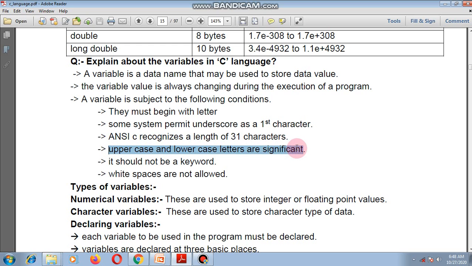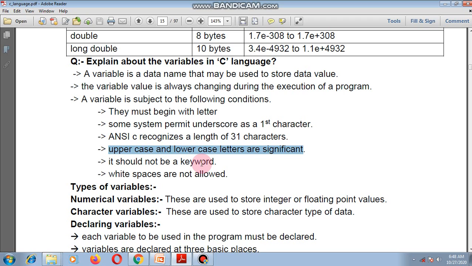Uppercase and lowercase letters are significant, meaning different. If you declare one variable in uppercase and then use that variable in lowercase, the C compiler will treat the uppercase as a separate variable name and the lowercase as a separate variable name.